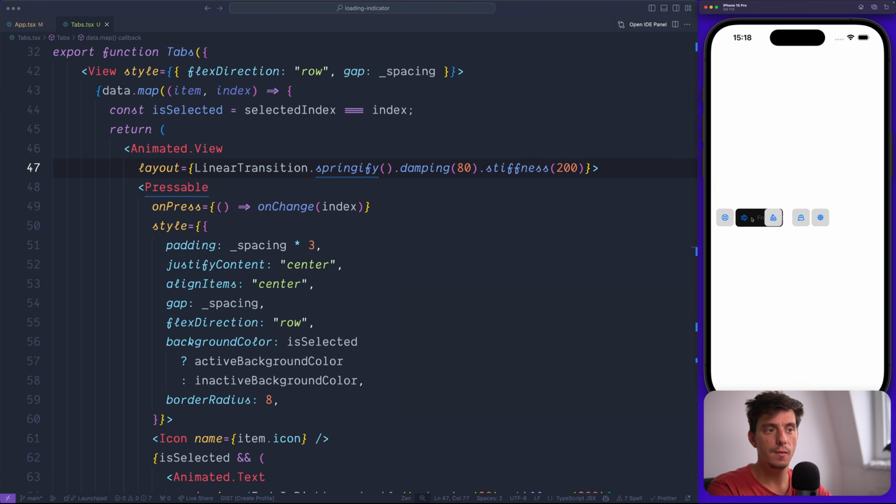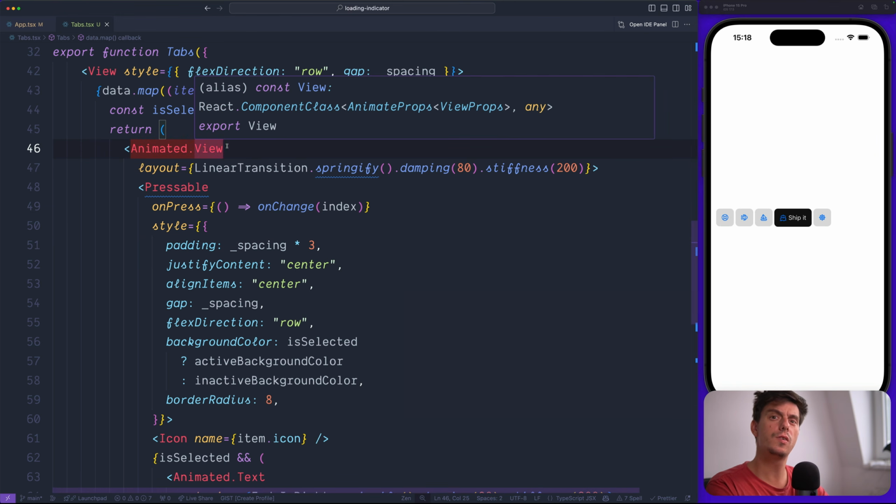So you see the room that the new selected tab has is going to animate. Now, because we have the layout animation in place and we are animating the new layout, we can also animate the background, right? So you see that now it's an instant change. So in order to do so, instead of actually using an animated view, let's convert this to be a Moti